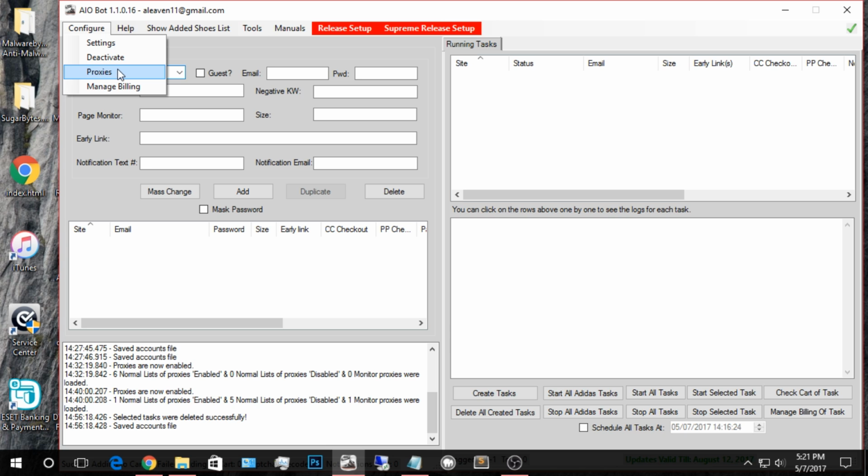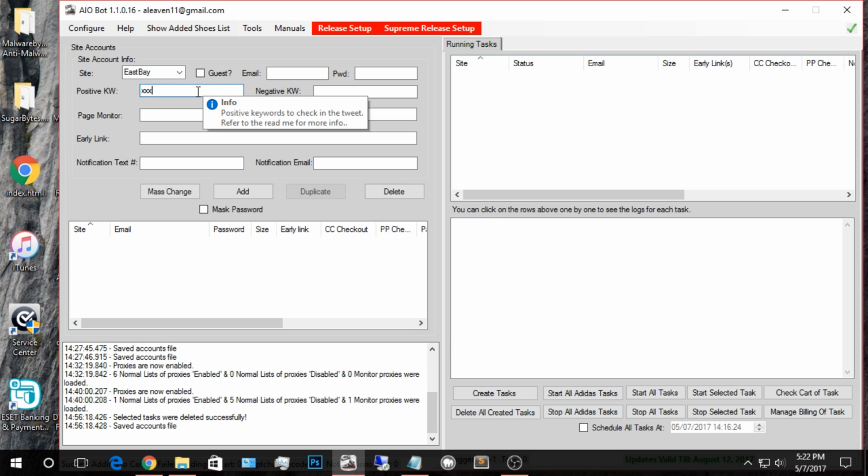And the proxies is what I want to spend the most time on, so I'm going to hurry up and get through all this stuff. First of all, you want to find out where the shoes are coming from, where they're going to release. So for the sake of this tutorial, they're going to release on eBay. You're going to want to put XXX in the first box, which is a positive keyword box. Not exactly sure why, but I know that I forgot to put that in there once, and I was not successful on that release. Secondly, you want to go ahead and press this guest